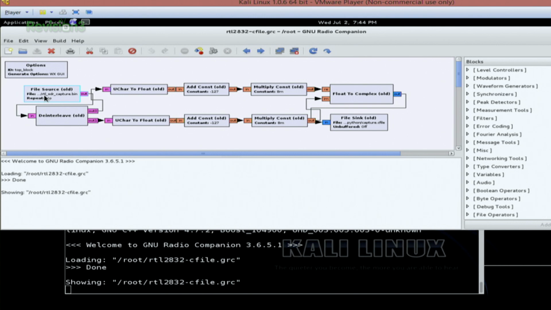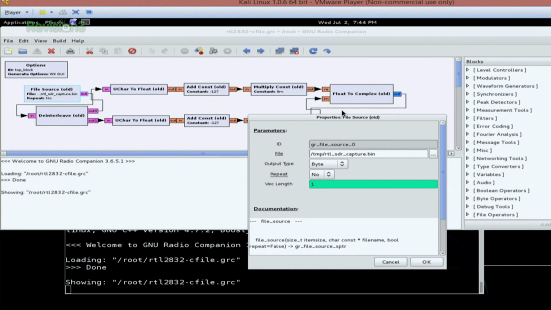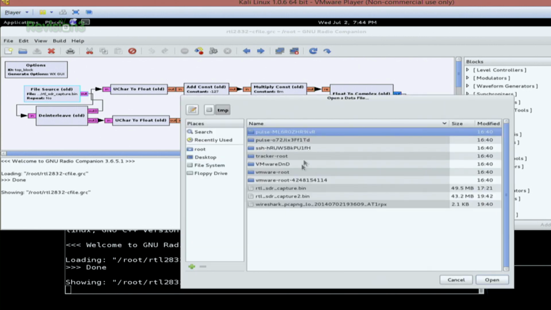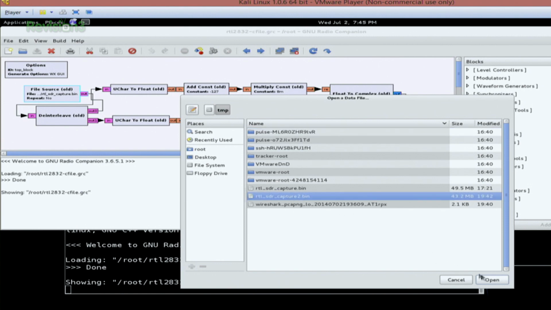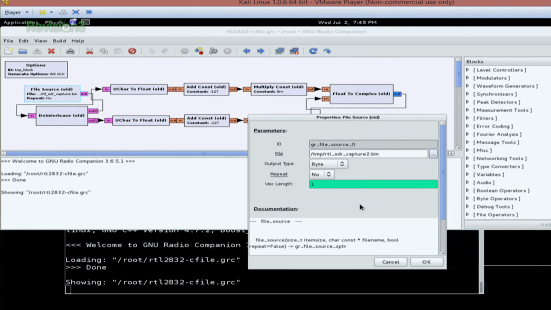So this is RTL2832cfile.grc. The only things you want to change are the source file input and the source file output over at the other end. So source file input. It's pretty small, but under here, file. Hit the ... next to it. You want to change that to the capture2.bin. So that's the new file that I created. Hit open. And you want to change repeat right here to no if it's set to yes,